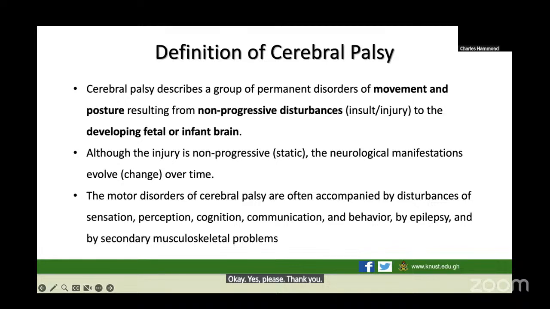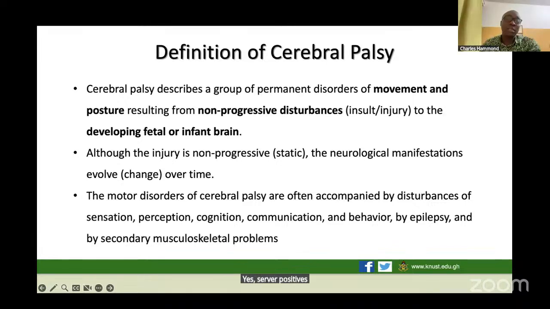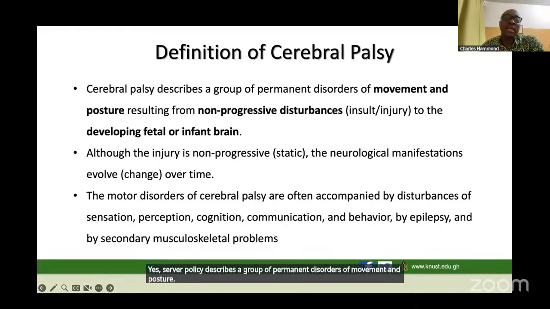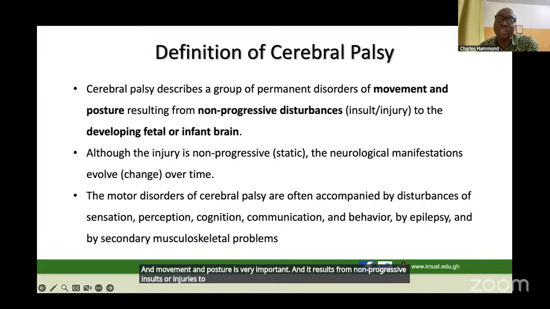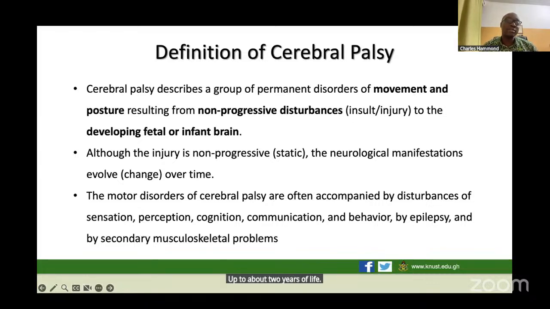Yes. Cerebral palsy describes a group of permanent disorders of movement and posture. And movement and posture is very important. And it results from non-progressive insults or injuries to the developing brain. I was trying to explain what the developing brain is. And we are saying that it is the brain of the fetus up to about 2 years of life. And we are saying 2 years because